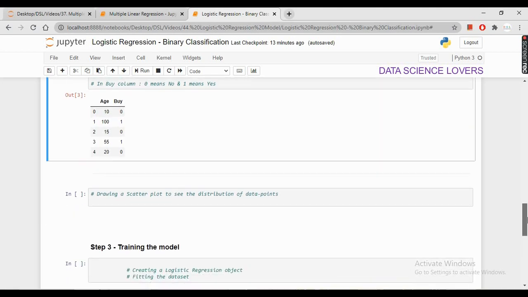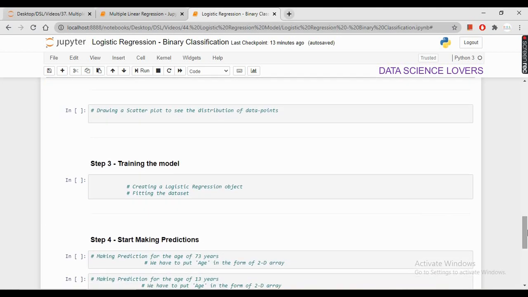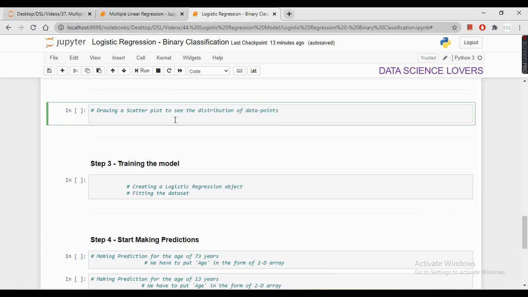Now we will draw a scatter plot to see the distribution of these data points. To draw the scatter plot, we will use the matplotlib library that we have imported earlier. In this scatter plot, on the x-axis we will plot our age, and on the y-axis we will plot the buy column. I am giving the color red and I am setting the marker as star.